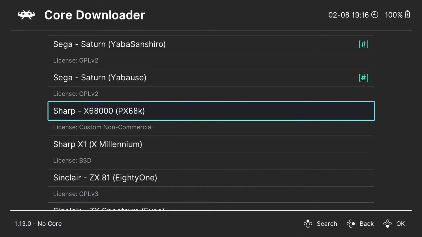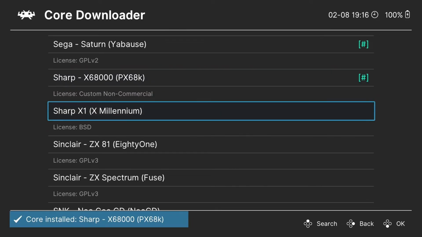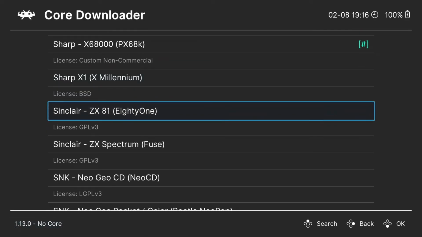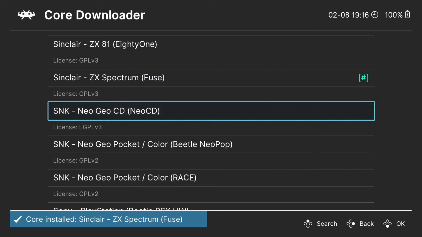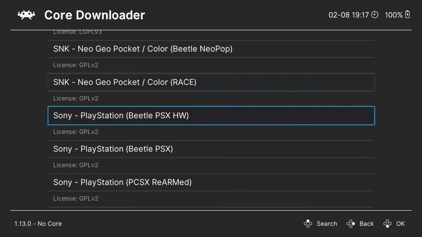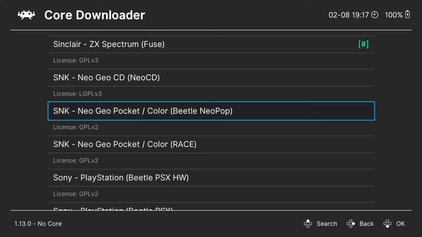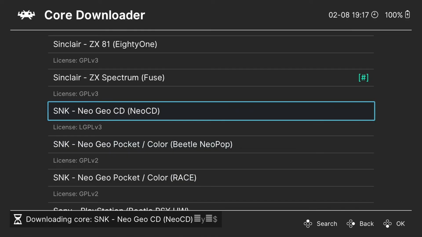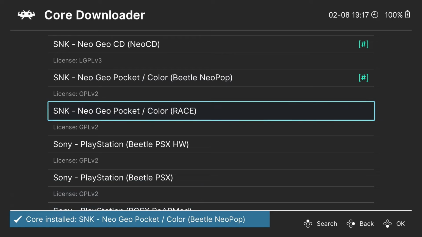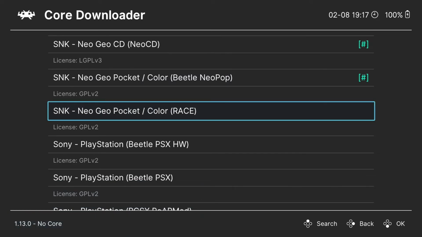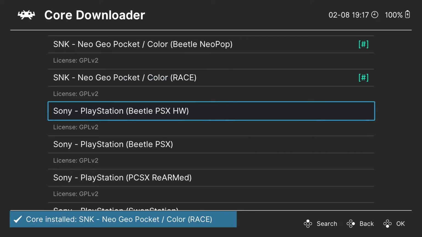And the Sharp 68,000. Yep, that's a thing. And the Sinclair ZX Spectrum. And these SNKs, you might as well just, yeah, let's see. I think you got to grab all of them. This one, Pocket. Just to be safe. Okay, now we're